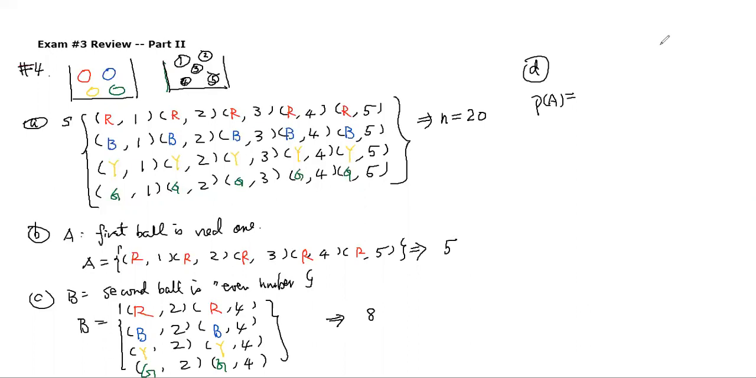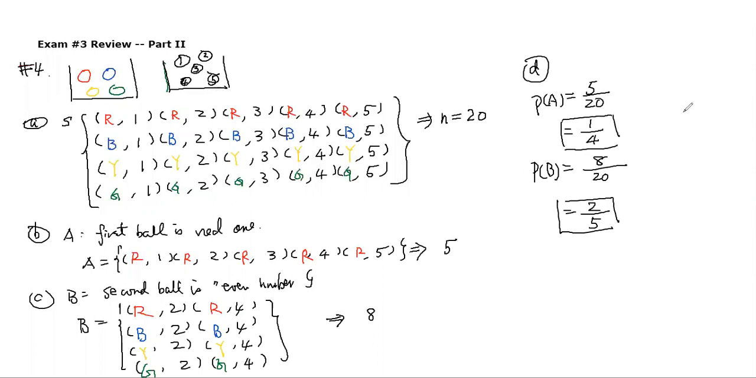So part D, they said, what is the probability of A? And that's pretty simple, right? You just use how many A's you have over the total number. So it's 5 over 20. So it's 1 over what? It's 1 over 4. Then what is B here? B is 8 over 20, right? So if you simplify a little bit, it will be 2 over 5, right? So that will be the probability of A and B. So as long as you write out the sample space, and then write out each event, then it's pretty